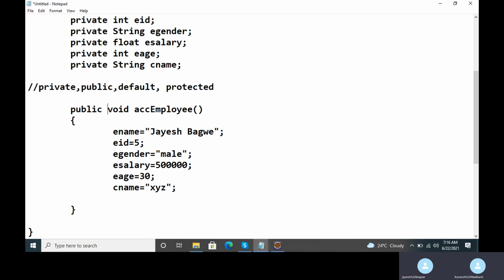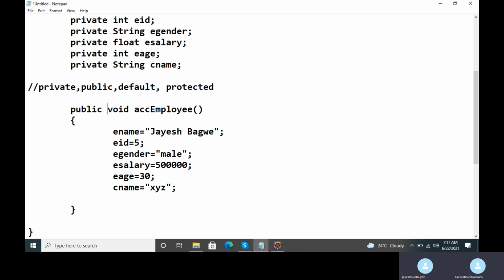Clear, Jayesh? So I will revise the rule. The rule of Java says that the data members of the class must be declared as private, and the member methods of the class must be declared as public.